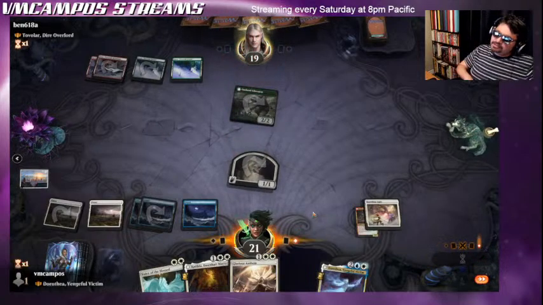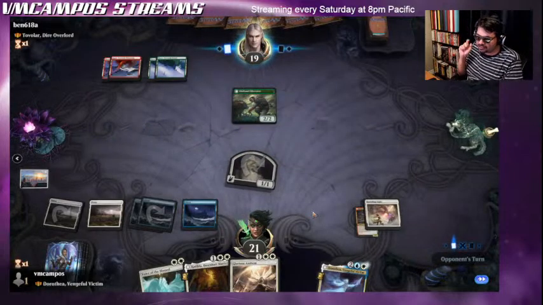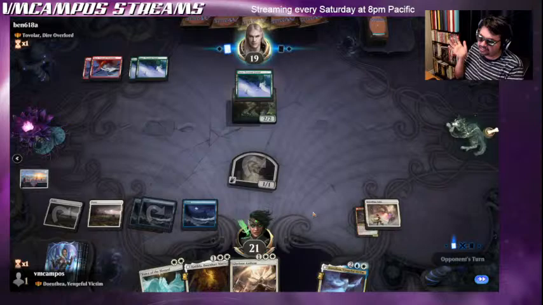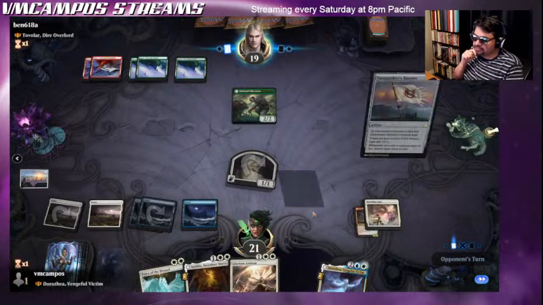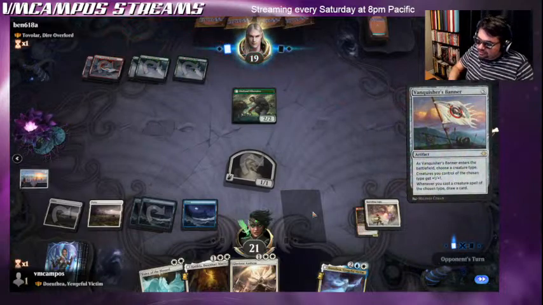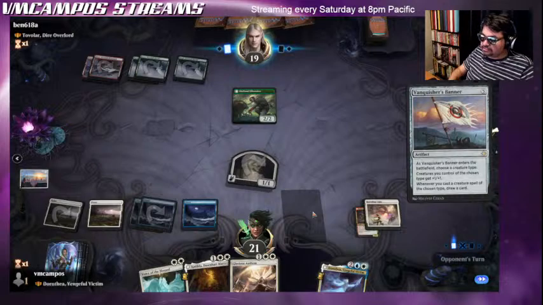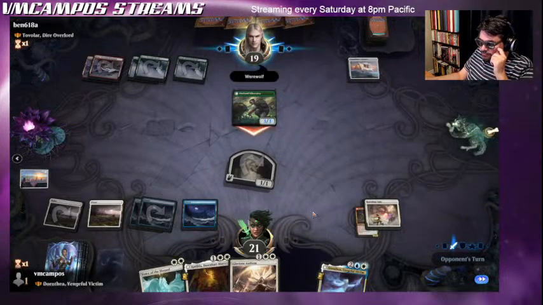Oh, they probably have a naturalize. They kept Tovalar under the Banishing Light, so they're going to naturalize. They either have the naturalize in hand or are hoping to get it. Green should have a naturalize effect. Oops, they're going to spend their mana on that. Interesting. Either they accidentally didn't want to keep the